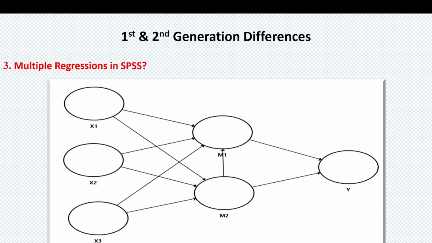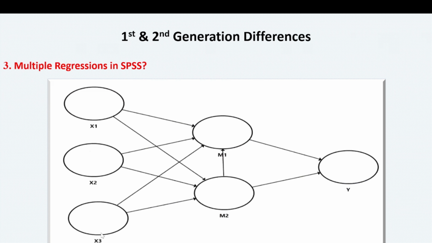The last part is, if we talk about how many regressions we can do in SPSS in terms of the direct relationships. If we have a model like that, why do we use SEM? Suppose we have the model in this form. The question is how many regressions we need to run on this model. In this diagram, if you see closely, we have basically three regressions: